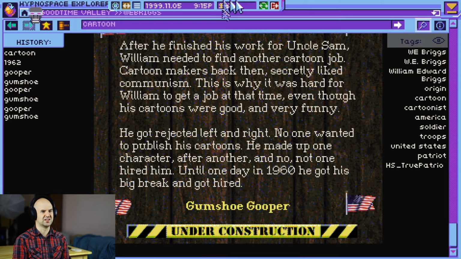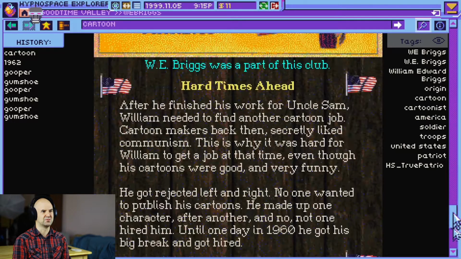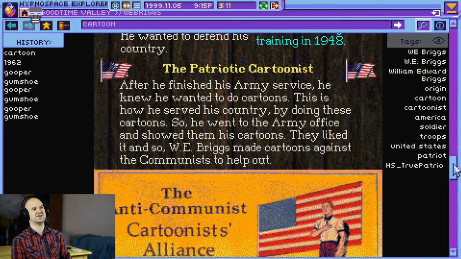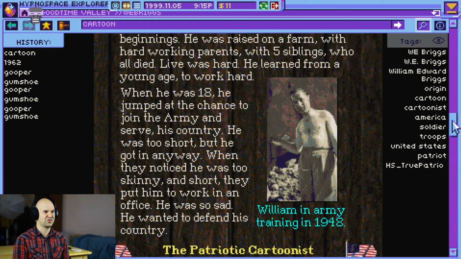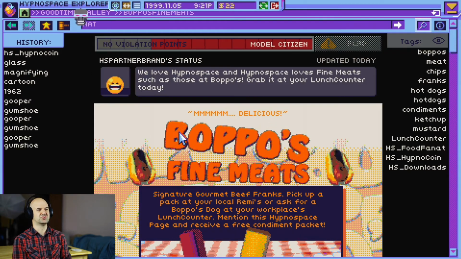You got the cheesy MIDI music. So was Gumshoe Gooper used as a communist cartoon? This is interesting. Okay. Signature beef franks.